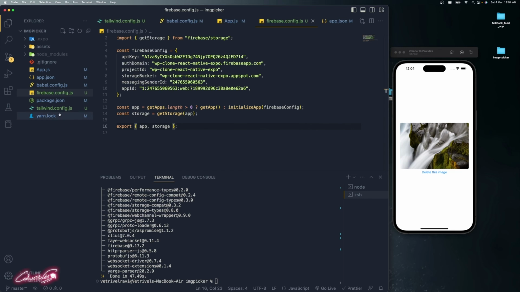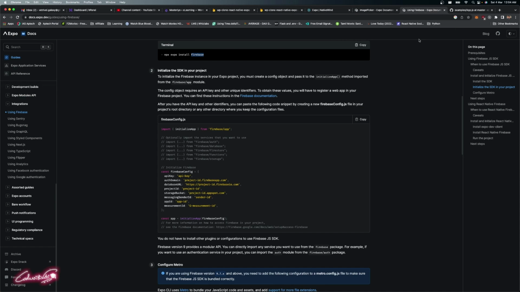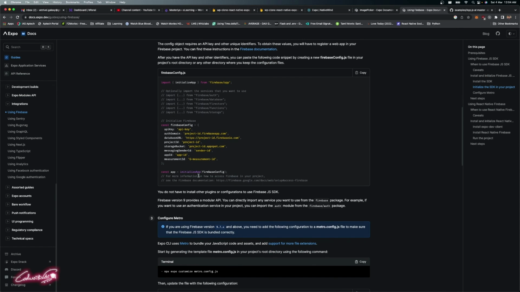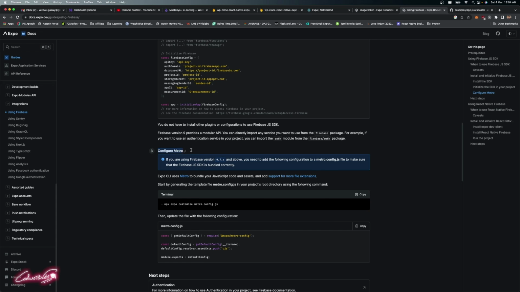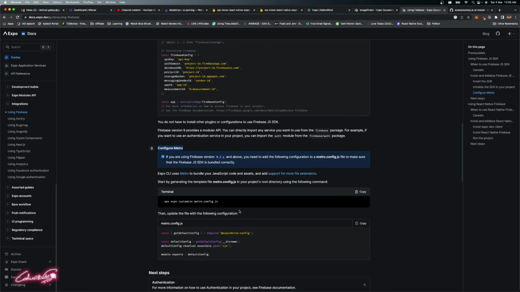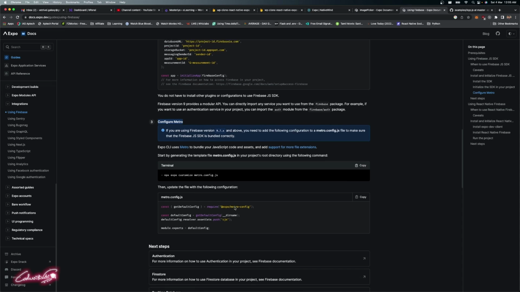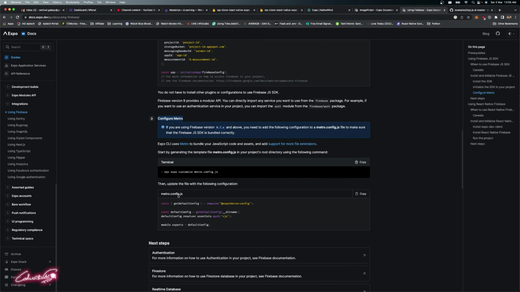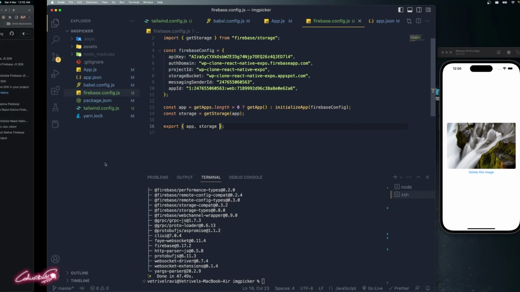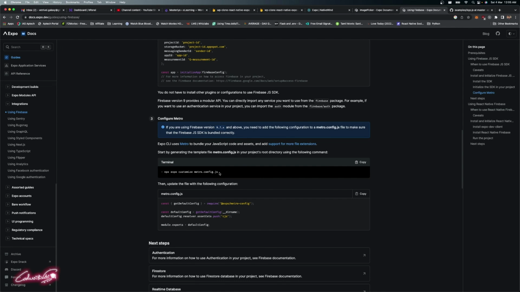So next what we need to do is get back to the documentation over there, and let's see, we are done over here. Next step, important step, is to configure your Metro bundler. Of course, if you're using Firebase version above 9.7, you need to configure the Metro config.js file. All right, so what we need to do is configure this file. All we have to do is copy this. We can create this file. So let's copy this name,